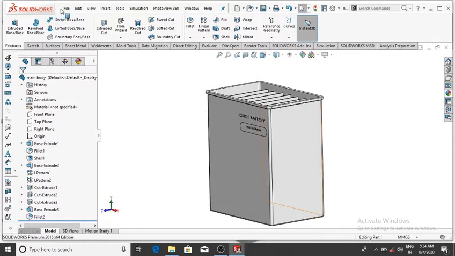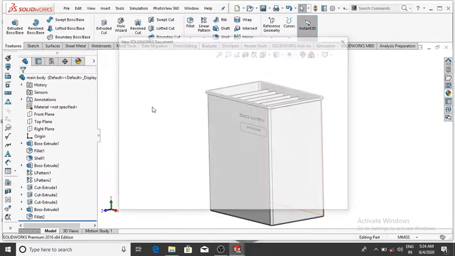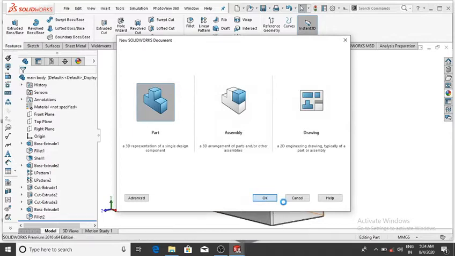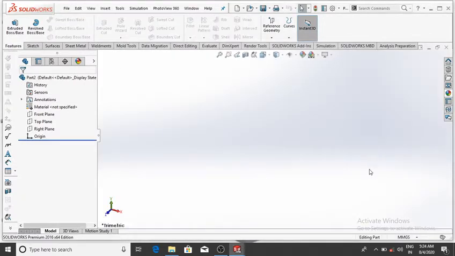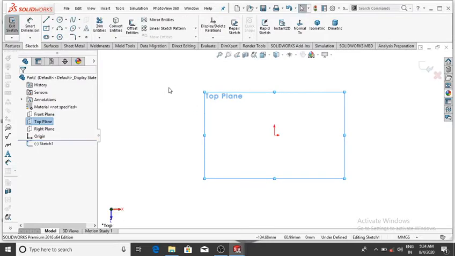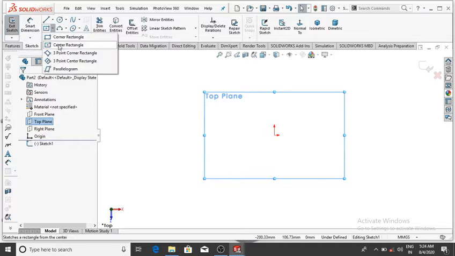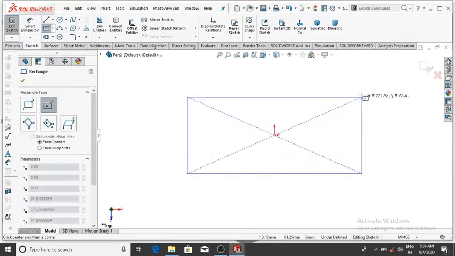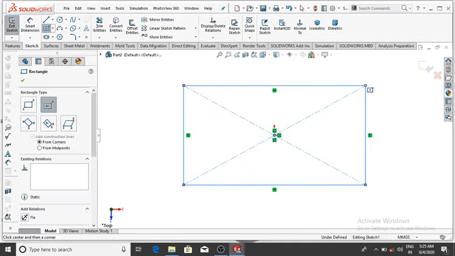So go to the file and now select new, select part, then OK, and make the background plain white. Go to the top plane, right click, sketch, then normal, and make the center rectangle. So select center rectangle and make the dimension of this rectangle 520 by 350.